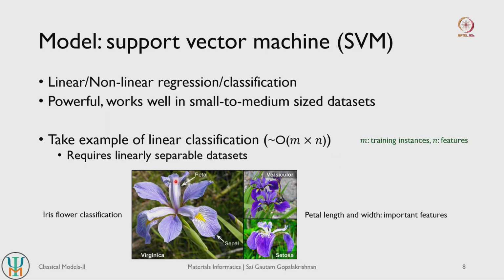And the way the flower is classified is predominantly dependent on the features of the petal. So petal length and petal width, so how long each petal is and how wide each petal is, basically is used to commonly classify virginica, versicolor, and setosa. So those are the features. So petal length and petal width are the important features, and virginica, versicolor, and setosa are the labels that we should assign for our classification task. So to understand how support vector machines work, let us try to understand through this iris flower classification.